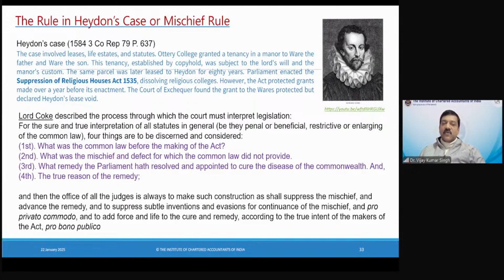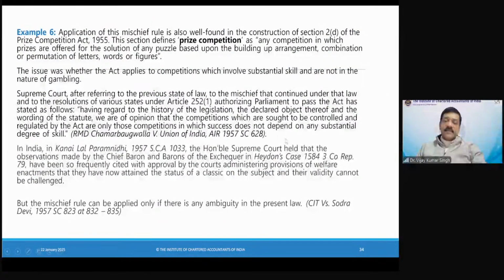So I feel that this rule is quite an interesting one, where you can apply it in general interpretation also. This is my view, that the laws are there to cure some mischief, and you have to find out the objective with which the law has been made. However, there are interpretations in this, and let me give you some examples from our Supreme Court on mischief rule, and then I will talk about the critique.